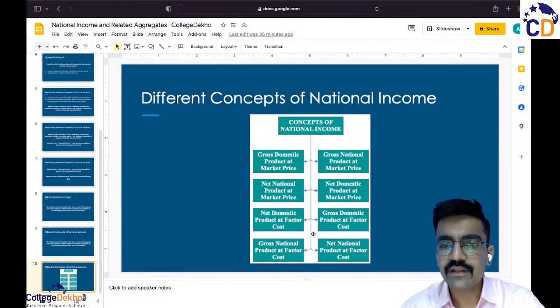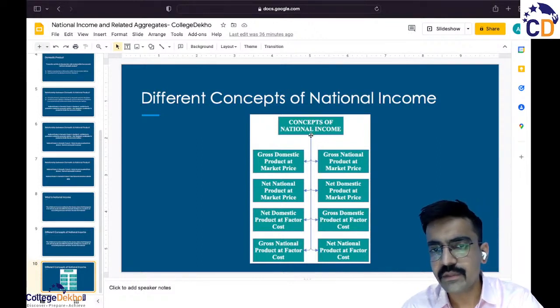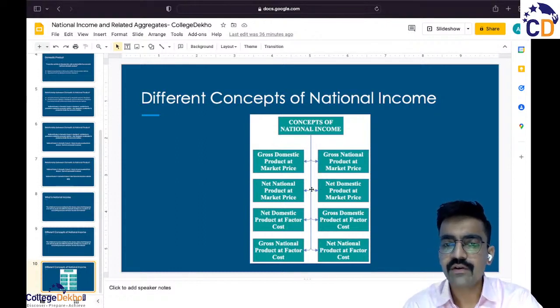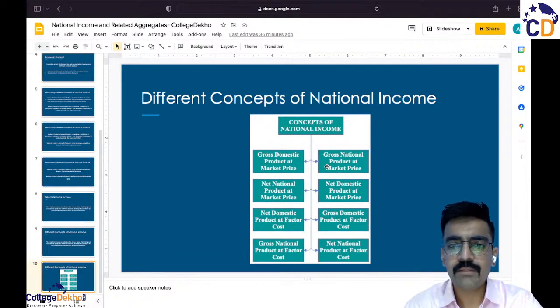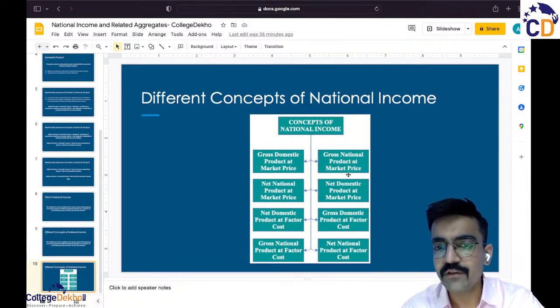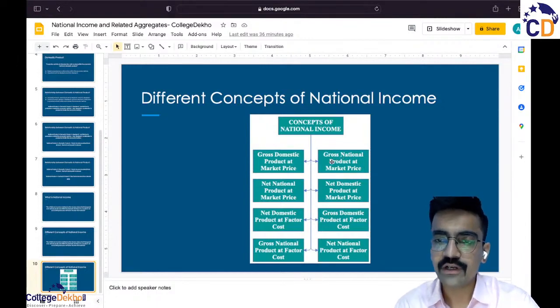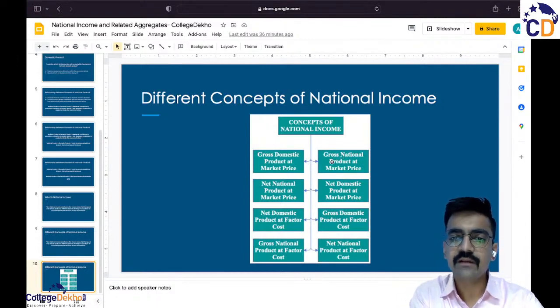Now, please understand that there are different formulas to calculate all these eight different types of concepts, and the ultimate meaning of all of these concepts is different, because there are different terminologies in each of the formulas, right? Because this is a sample session, we will not be going into much detail about their meaning and the formulas that are used to calculate them. But to give you a basic framework of how national income at various costs and at various prices, at various levels, whether it is national or domestic, or whether it is gross or net, is calculated, please understand this,